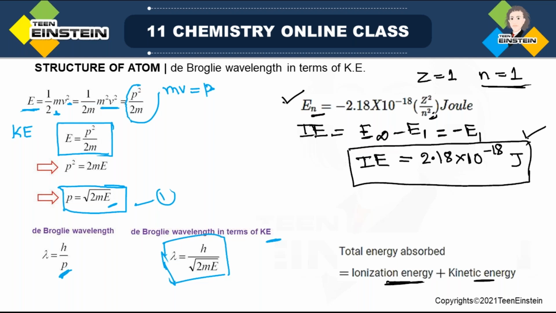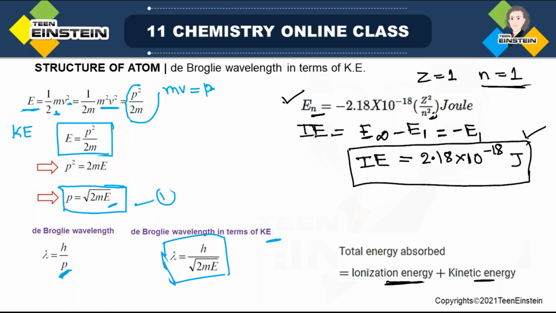But remember, when we solve this problem, total energy absorbed must be greater than ionization energy. Suppose it is simply equal to ionization energy, then no energy will be extra for kinetic energy. But if it is greater than that, then some amount of the total energy absorbed will be utilized in the ionization process, and the rest of the energy will be as